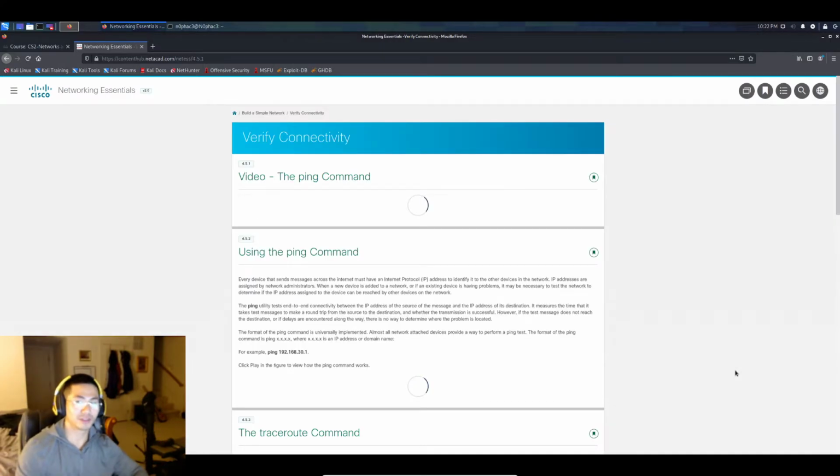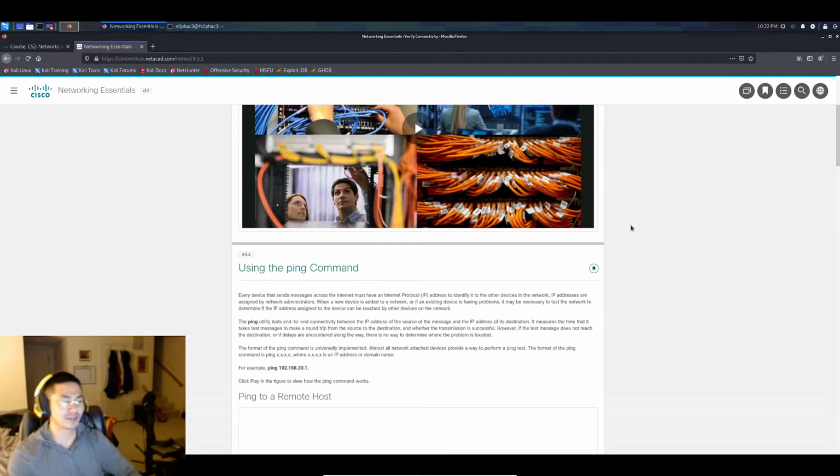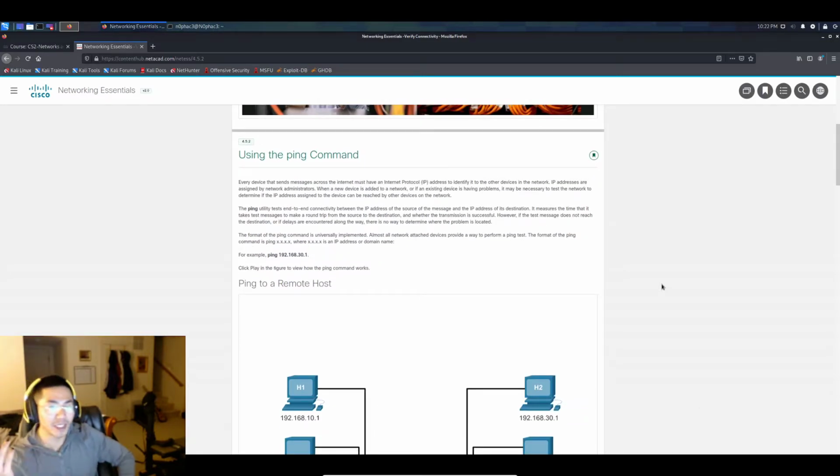If you want to, by all means, please. But the ping command. This is for my gamers out there. It's so funny, a lot of gamers are like, my ping is not good. It's so funny how they use ping in that way. But ping is, we'll get into it. In the OSI and TCP model, it's the network layer, layer 3